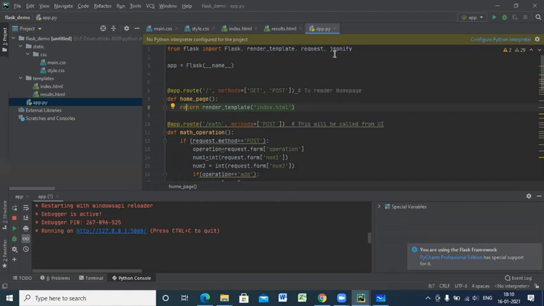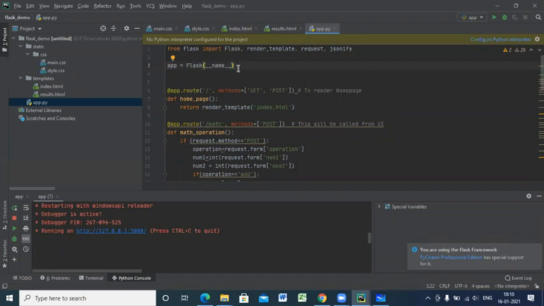Then I'm creating the Flask application. To create the Flask application, you need to create an object of Flask. I write Flask(__name__). If you ask me why I'm doing it like this, it's the syntax. It says that if you want to create a Flask object, this is how it has to be done. And I'm giving the name of the object. The object name is app. Then I'm going to start running my application.